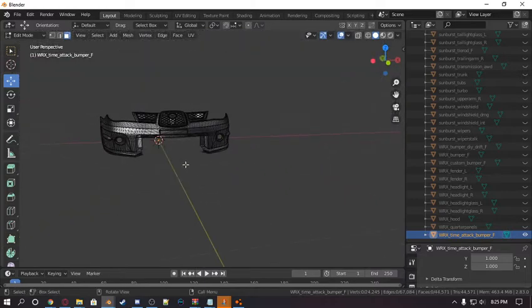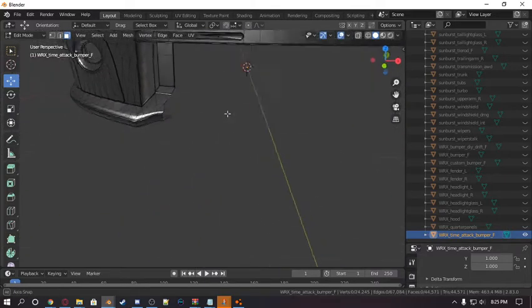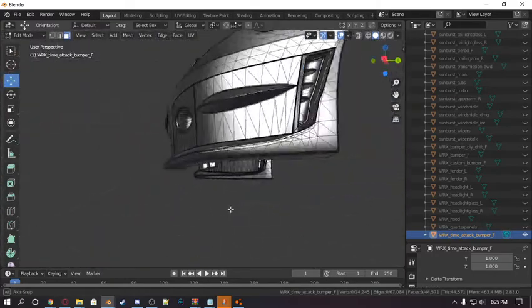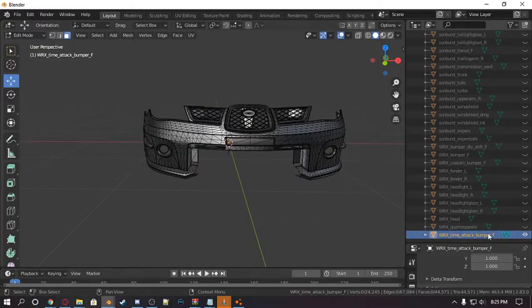But let's just do it like this for now. So I'm not gonna name this Time Attack Bumper. I'm gonna name this... what did I name the other one? We'll name this one DIY, yeah, we'll just name it DIY